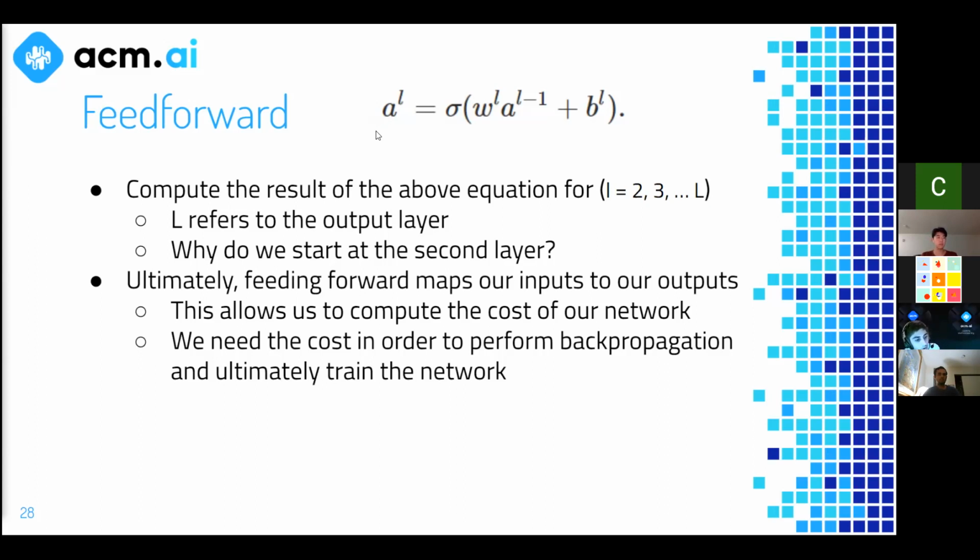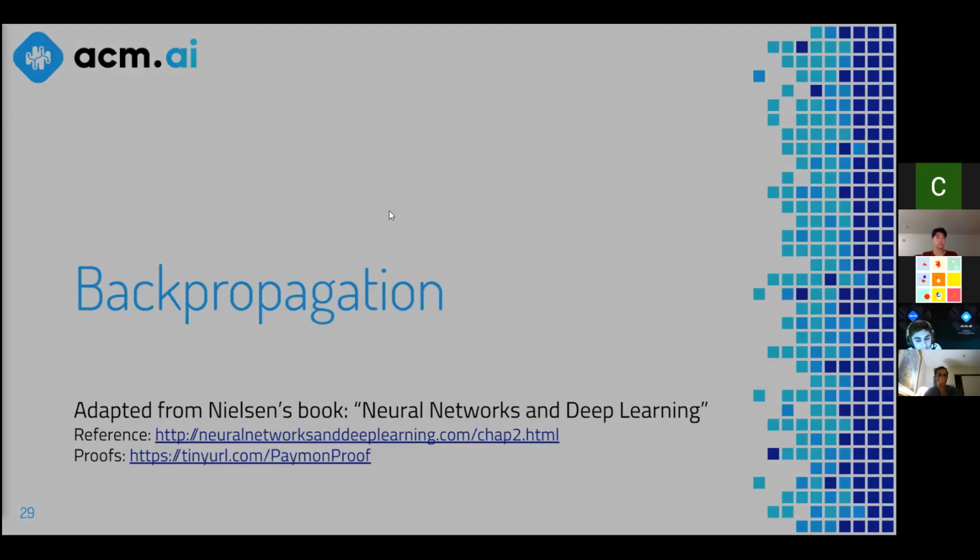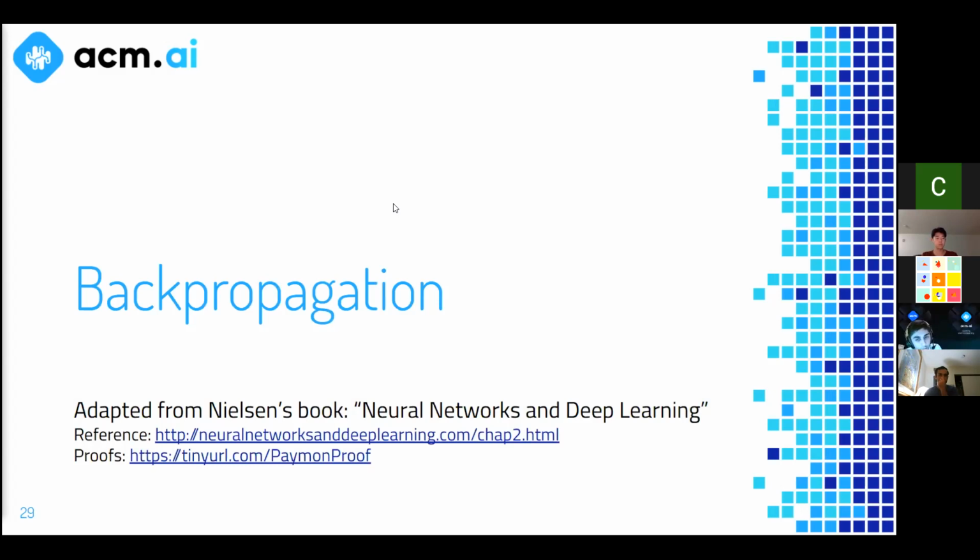Let's reconvene at 7:28 exactly, and then we will dive into backpropagation because we only have 30 minutes left, and this is kind of beefy. So I need to make sure we have time for that. Let's see you guys in 3 minutes. If you have any questions in the meantime, you can also ask. I'll be here.